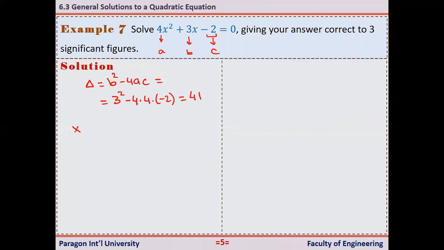So our first root will be minus b plus square root of delta over 2a, which is negative 3 plus square root of 41 over 2 times a, that is 8. It says correct to 3 significant figures. So x1 is minus 3 plus square root of 41 over 8, that's equal to